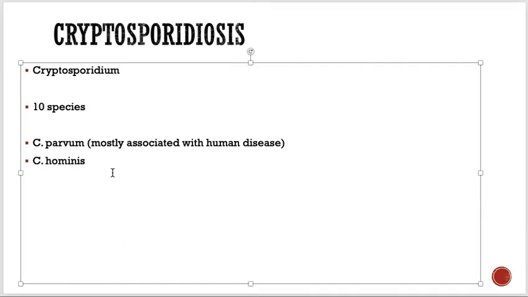As I told you, most of the time this organism came into light in patients of acquired immunodeficiency syndrome, or AIDS. So remember that most of the time you will find these infections in people who are immunocompromised or immunodeficient, like the patients of AIDS. Now, to talk more about the organism, how it presents and what the features of this condition are,